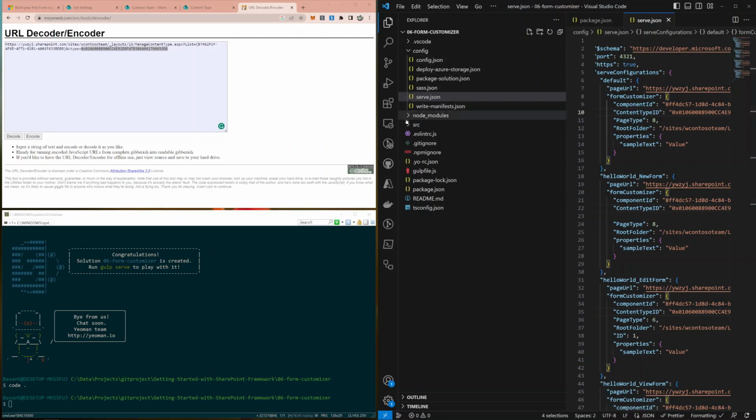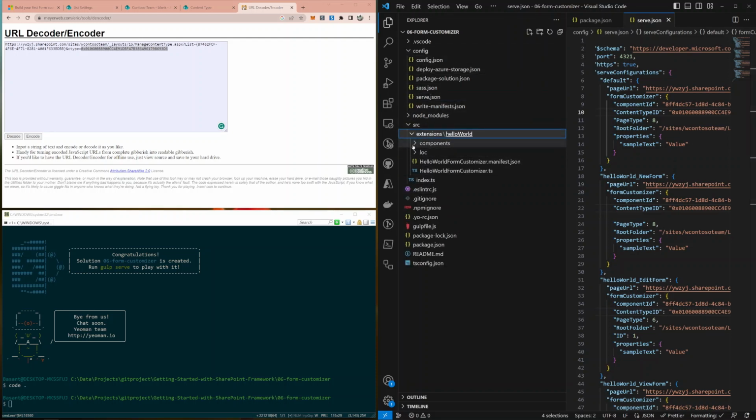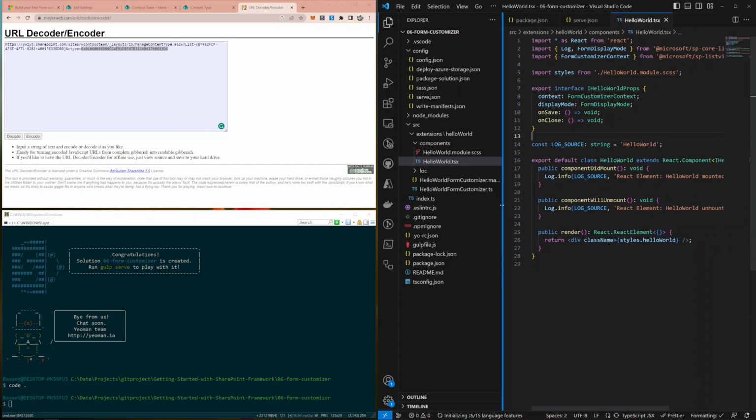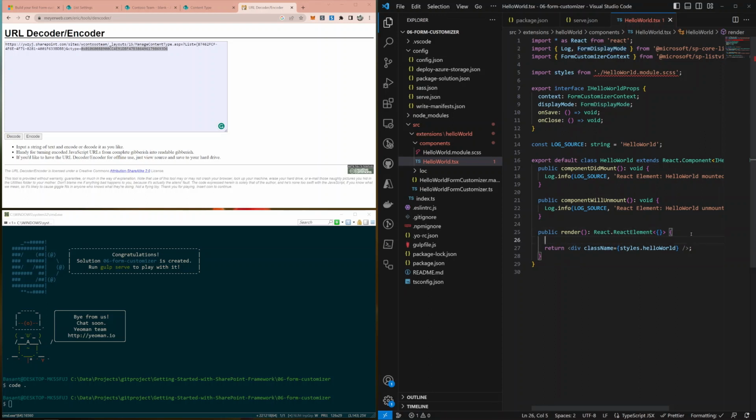The next step, I need to go here in the extension. In the component, we have this hello world, right? And we have this save and close, and we have component did mount, component will mount, and this is render, right? So now we have this display mode. Let me check which form I am in right now, right? For that, I will add some logic over here,